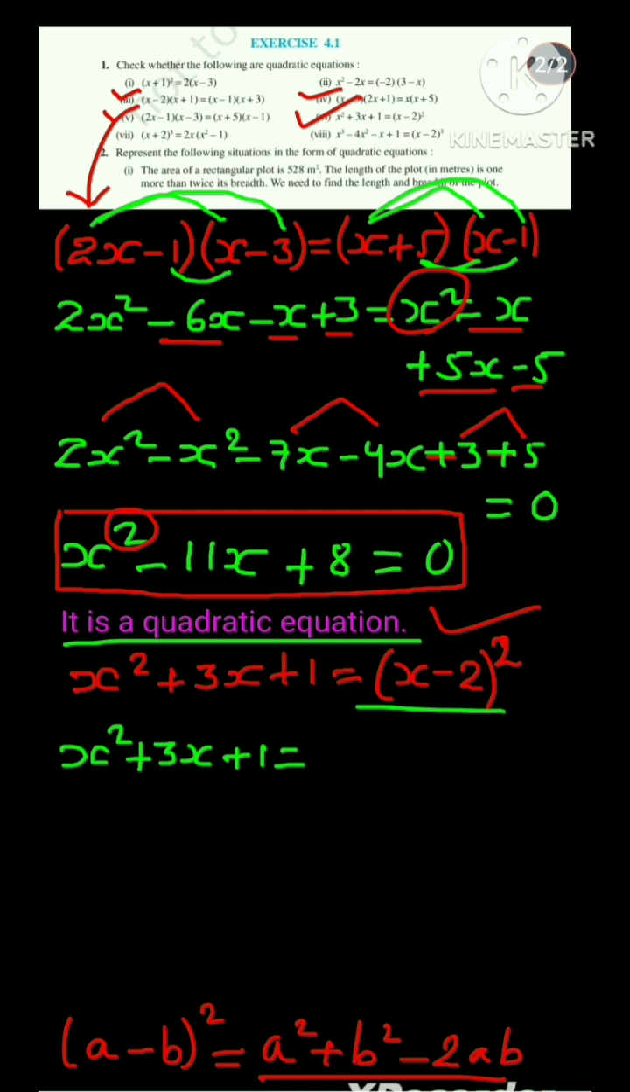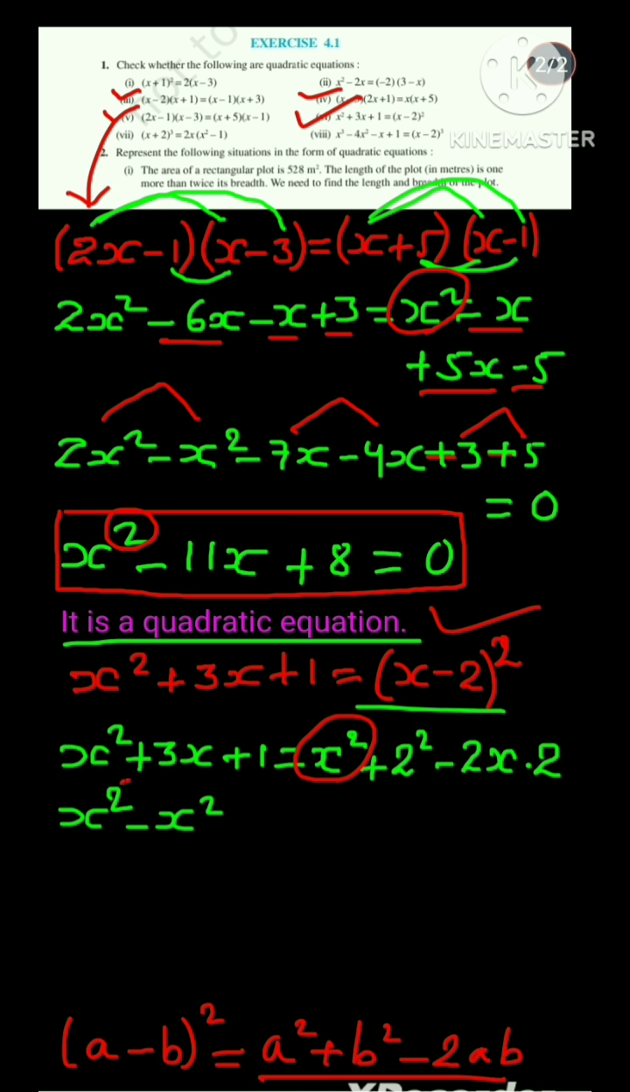So we can write x square plus 2 square minus 2 into x into 2. Now let's arrange x square, and this plus x square comes to LHS and becomes minus x square, and